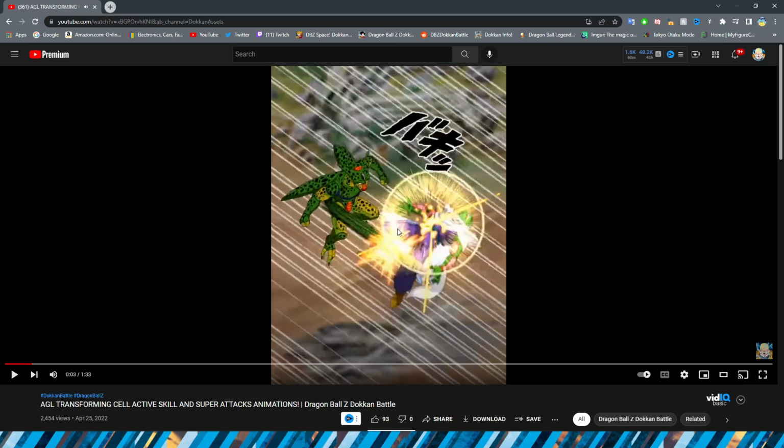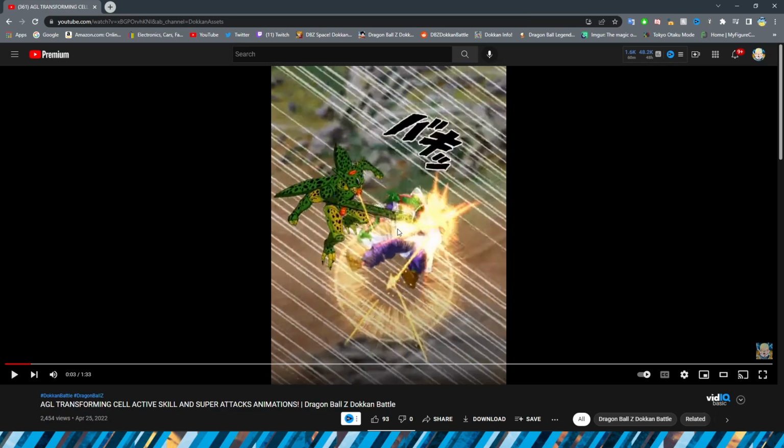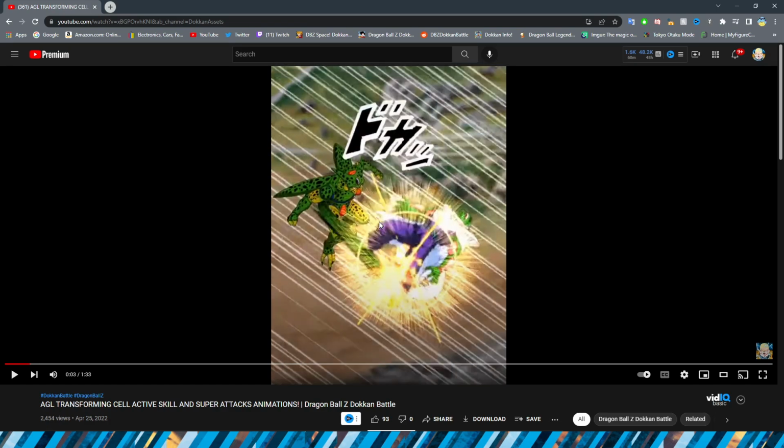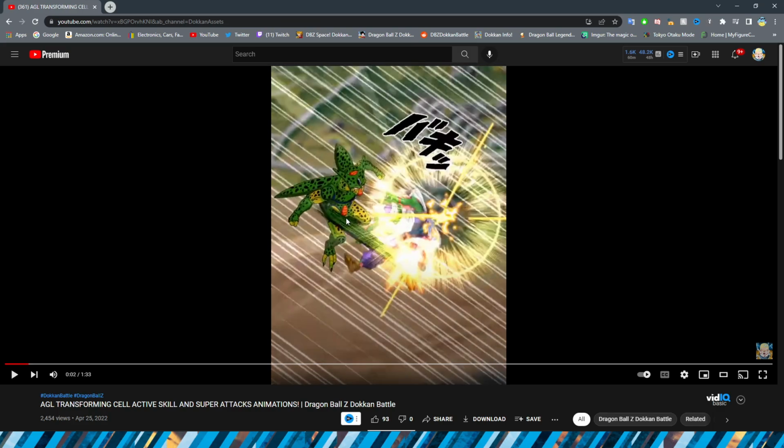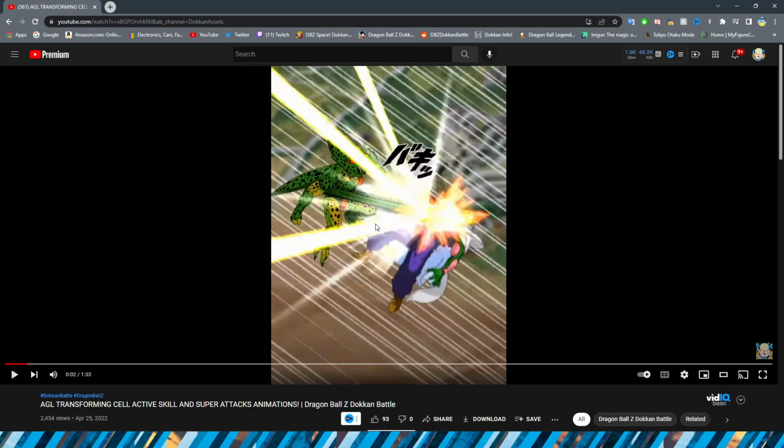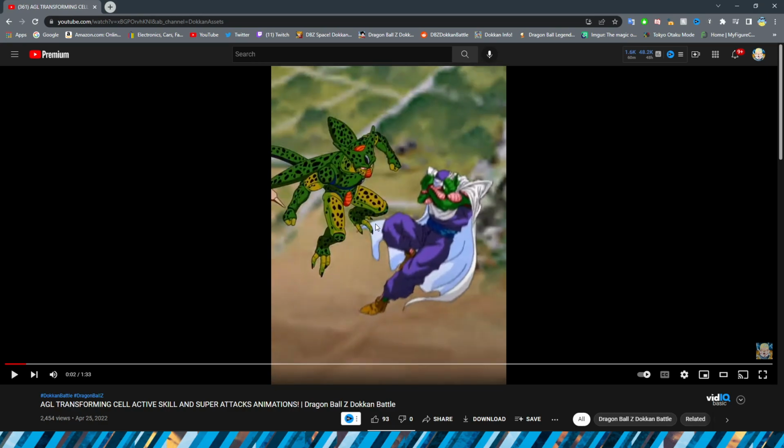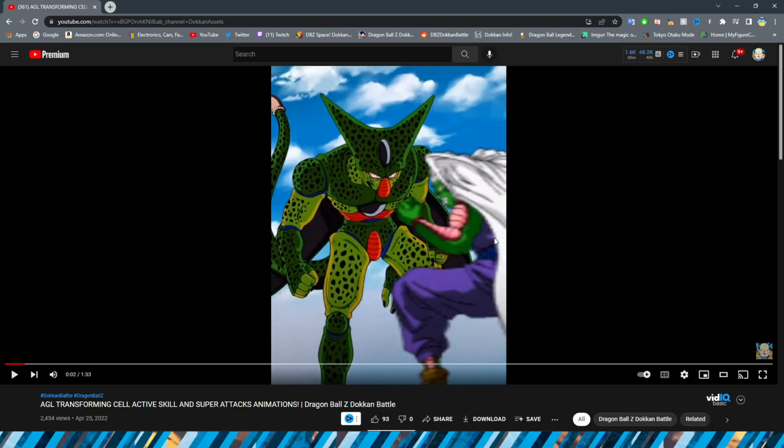Now, we have this tail animation here, which is actually really interesting. At first, when I saw this, I was a little bit confused because I didn't actually see the tail. But then I was like, oh, that's what's punching Piccolo right now, is the tail. This change in perspective is also really interesting. I don't, like,